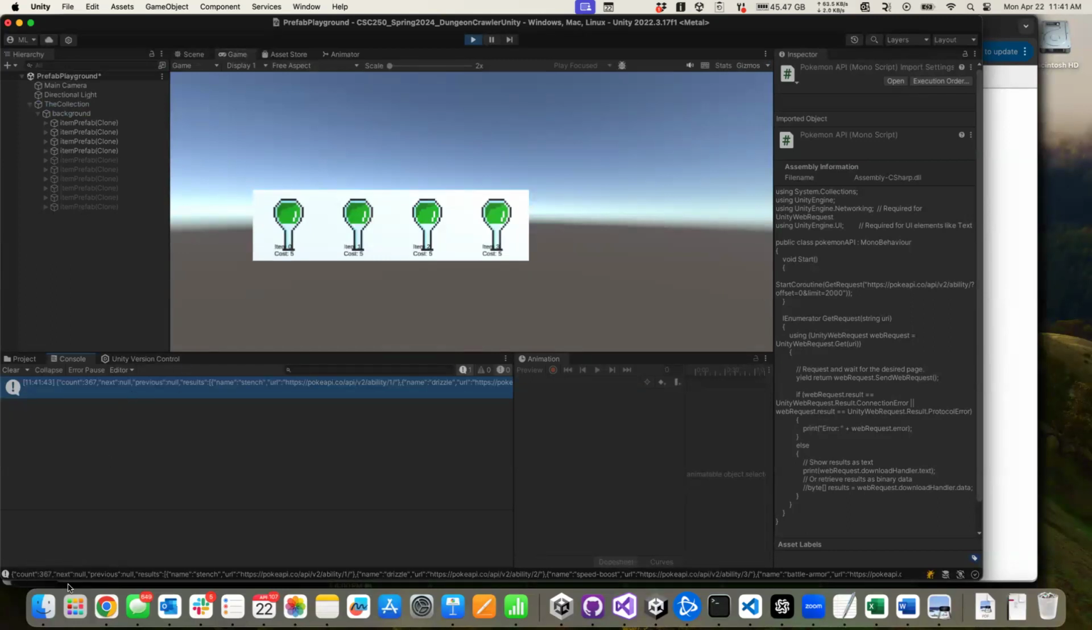And this should be our whole thing here. I know it's super tiny text for you, but it says count 367. Next is null. Previous is null. So we're getting the whole rigmarole there. Okay. So if we wanted to bring this data into our code,